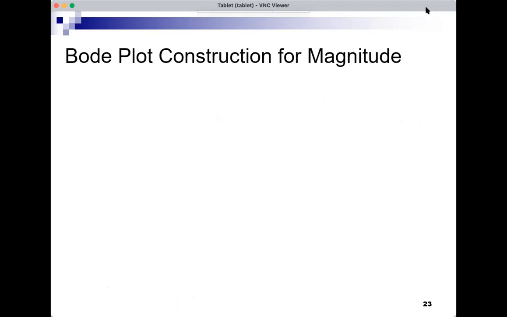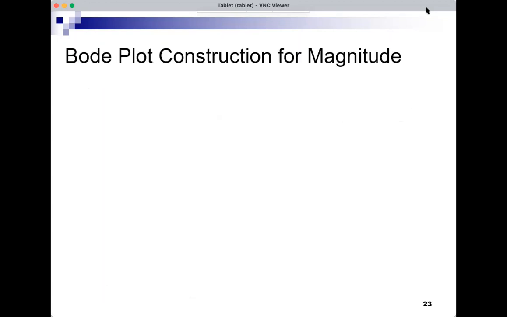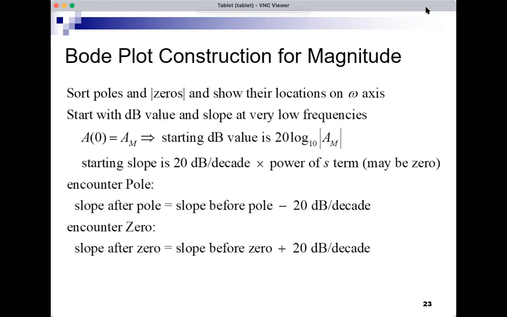If I have more than one pole, or more than one zero, how can I construct the Bode plot? How can I get the black approximate plot? And there's a very nice, simple way to do that. So let's look at this procedure. We sort the poles and the zeros in absolute value and show their locations on the omega axis. We start with the dB value,